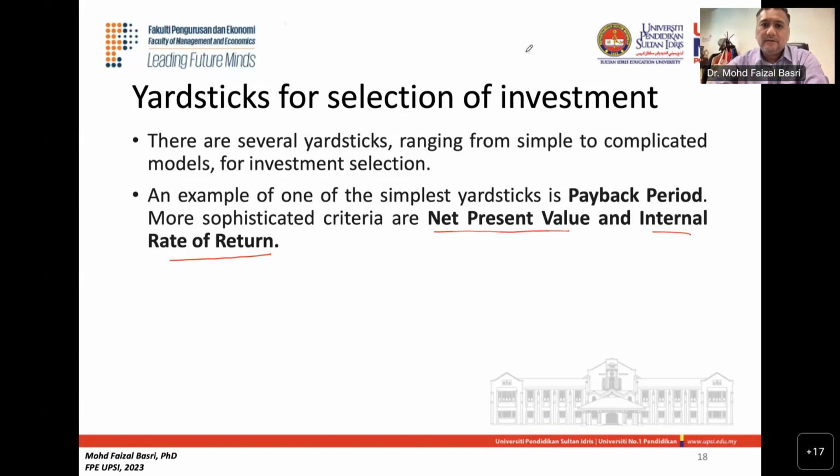let's move on to the second part of the lecture for today's topic, the quantitative analysis or the quantitative techniques for decision making, selection of investment. So,